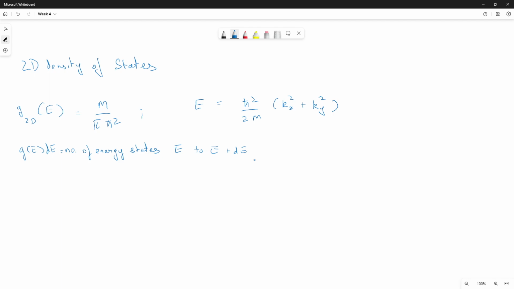If you remember from our previous week's discussion, when we did the 1D density of states derivation, the approach we followed was to calculate the number of energy states with energy less than or equal to E. Kamal was definitely there for that session. Do you remember that? Yes, sir. Actually, you told a different way of calculating the DOS. Yeah.